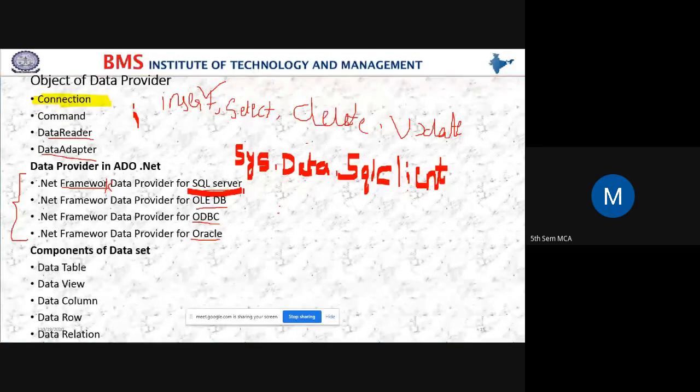To use a SQL Server data provider, you need to include System.Data.SqlClient.